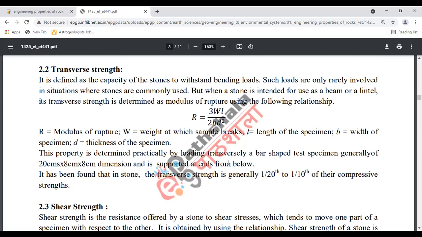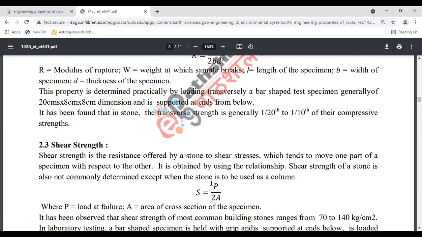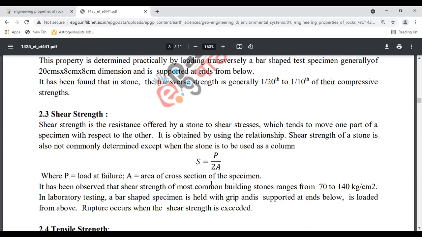It has been found that in stone, the transverse strength is generally 1/20th to 1/10th of the compressive strength. Shear strength. Shear strength is the resistance offered by a stone to shear stress, which tends to move